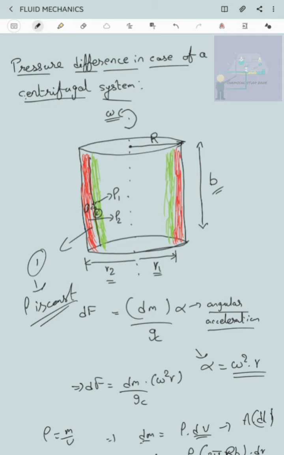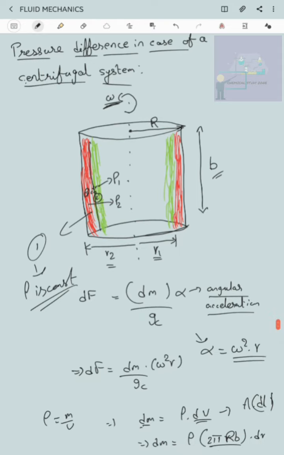Now let us consider a beaker in which the fluid is in a static condition. Now let us rotate this beaker on its axis with angular velocity omega. When we rotate this beaker, the fluid in the beaker will be thrown to the walls as shown in this figure. Now I just want the pressure difference between 2 points, 1 and 2. So I indicated point 1 with red color and point 2 with green color, so we have clarity on them.